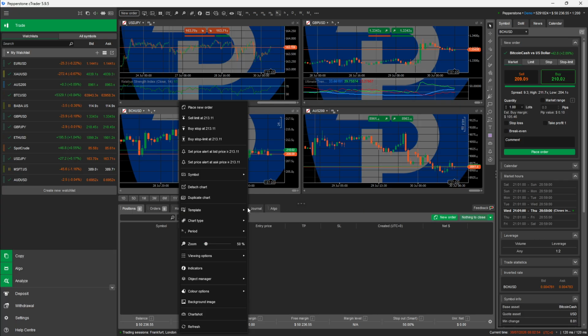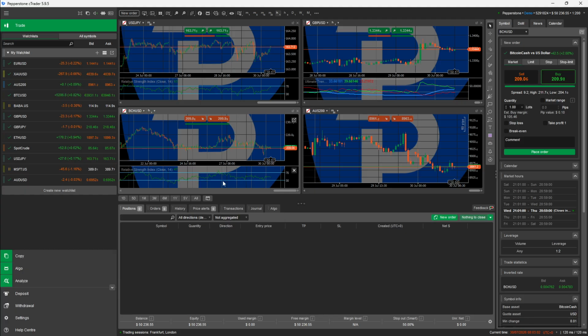Saving chart templates can help you keep your trading setup consistent and can also save time when you are working with multiple charts. Once your template is saved, you can quickly apply the same layout without repeating the setup process